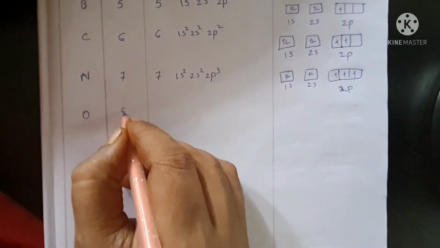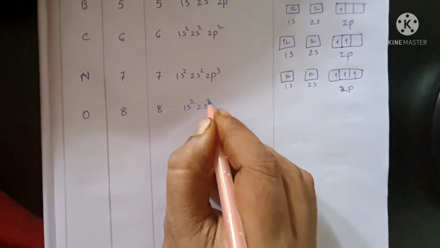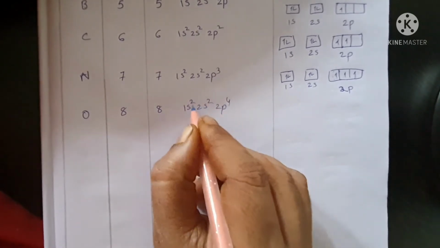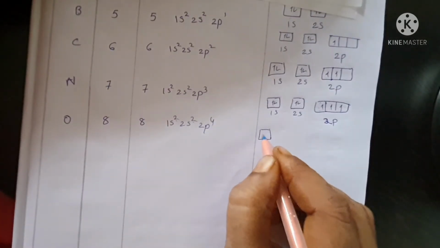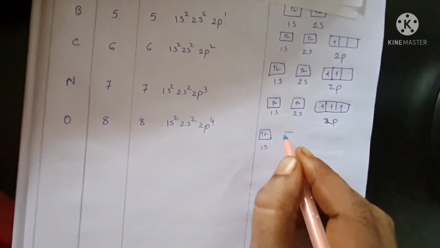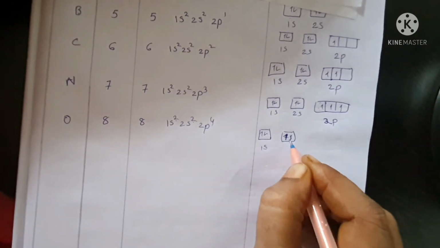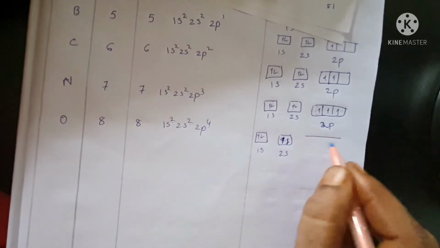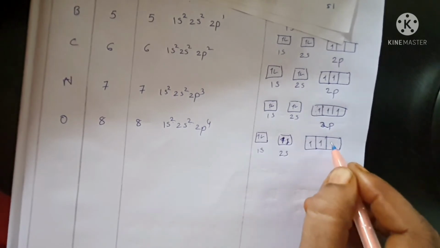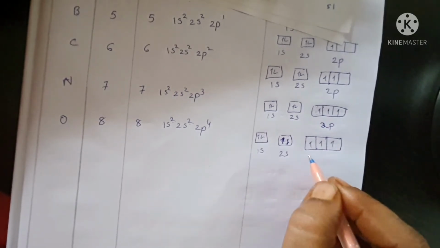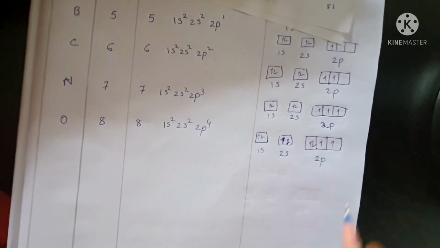Next, oxygen 8. Atomic number is 8 and number of electrons are 8. 2p4, 2 plus 2 is 4, 4 plus 4 is 8. So the schematic representation is like this. It is half filled, and then the entering electron pairs up with the px orbital.